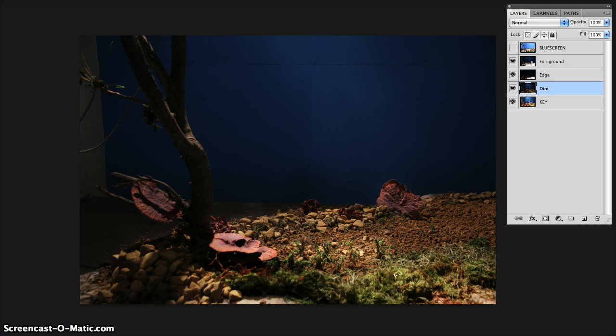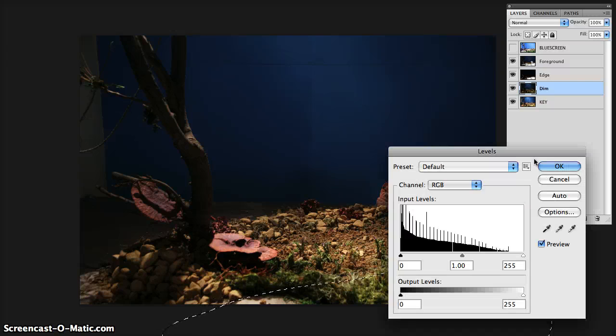Actually, when you try to select something with feather and you get a little bit of edge coming up on the back like that, the best thing to do is to select more than you want and then drag it down a bit like this. Okay, and so now I'm going to